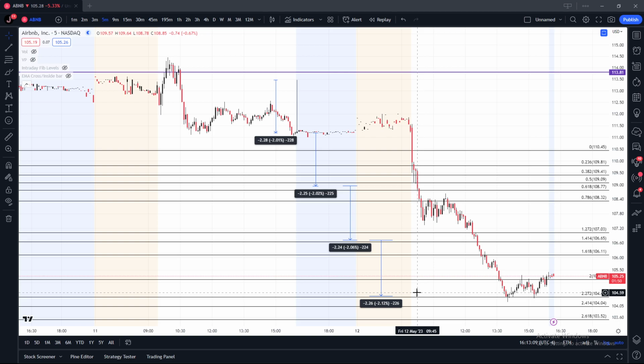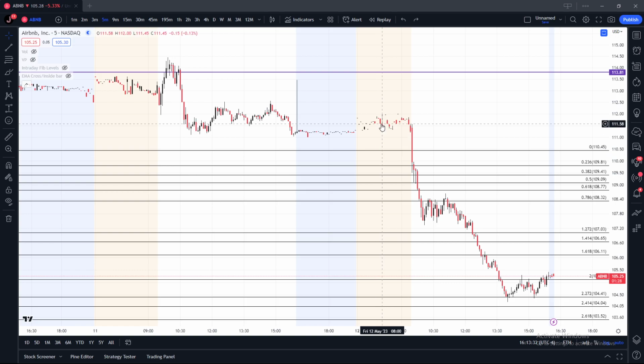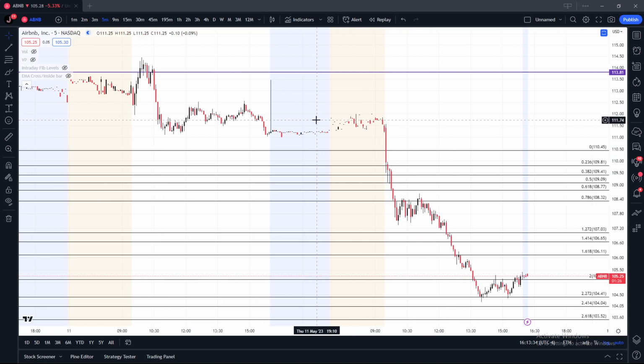So you don't need to be guessing where you're going to be scaling. You need to have exact spots where it's going to flush and where it's going to run. And those price changes are real. Depending on where price is within the stock, it will have a different movement. So you need to be very, very attentive to whatever you're trading. If not, you get caught up in random impulses that hurt you as a trader. So this is an example with Airbnb, for example.